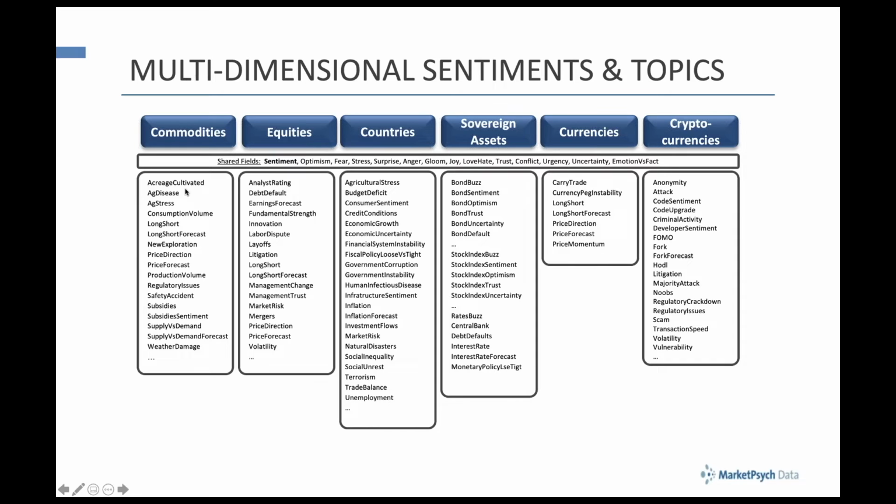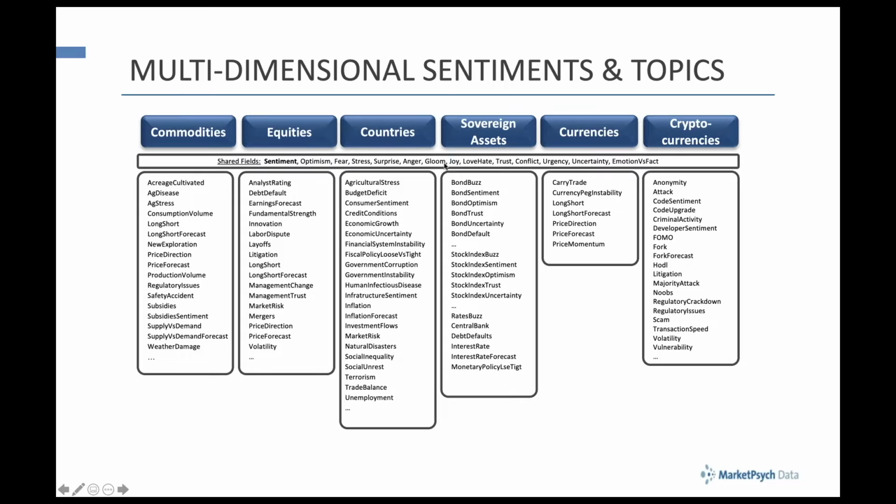So we're just looking at compound sentiment, which is one particular lens on any particular text article. Here we have other products. This is called MarketPsych Data, which is a very complex product, but delivered very easily to you, which looks at all sorts of different kinds of emotions in the articles and picks up those particular sentiments and topics.